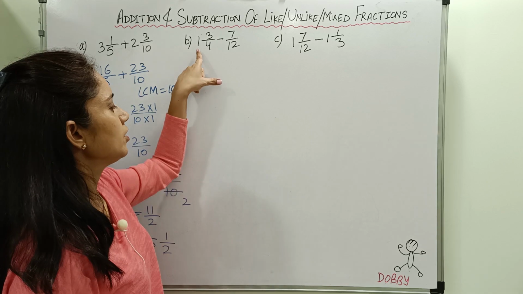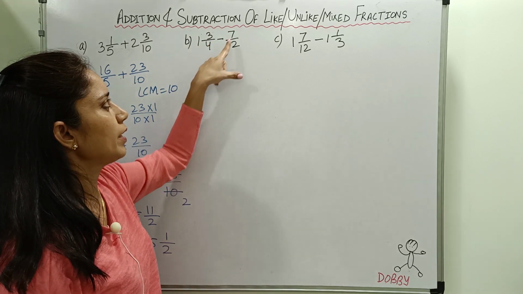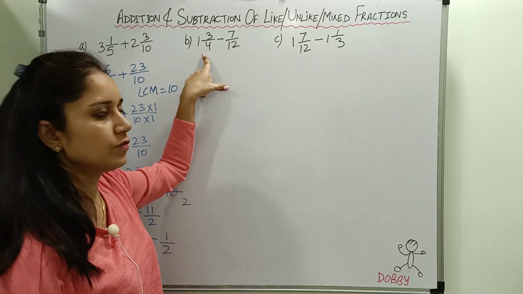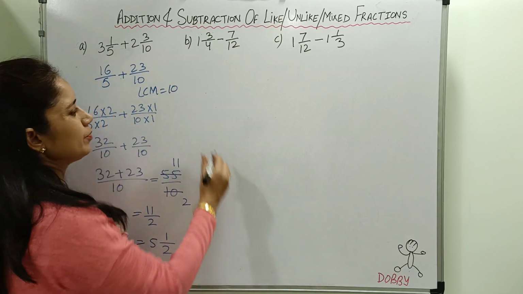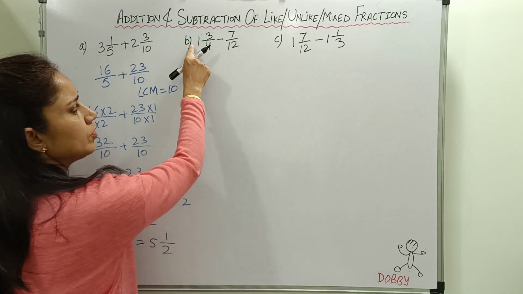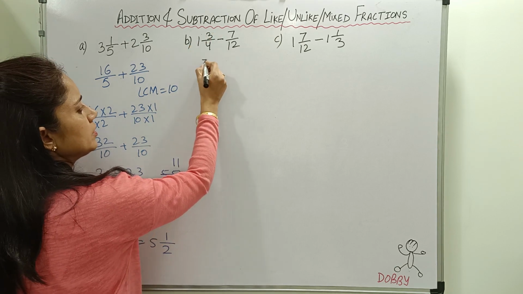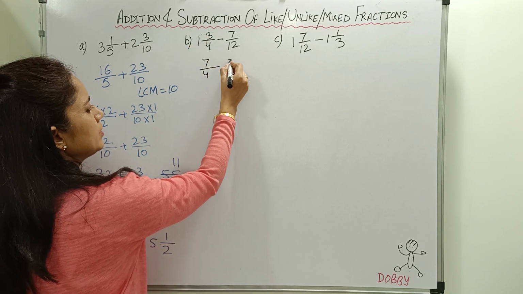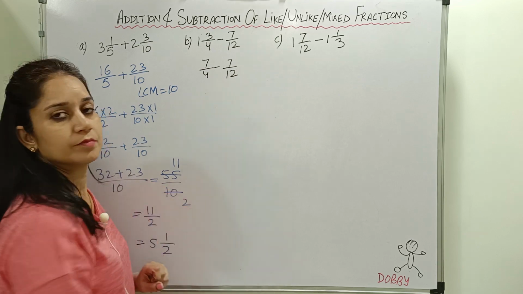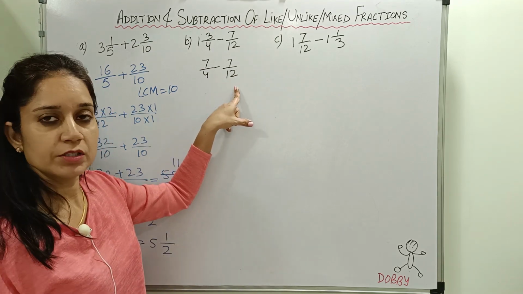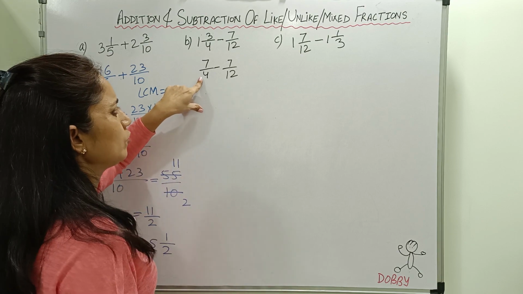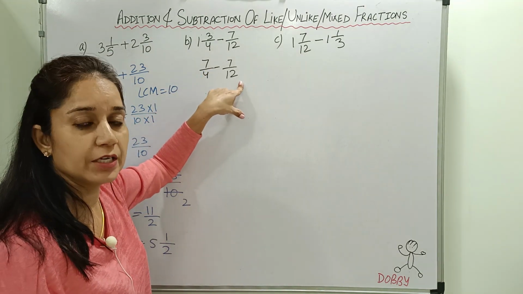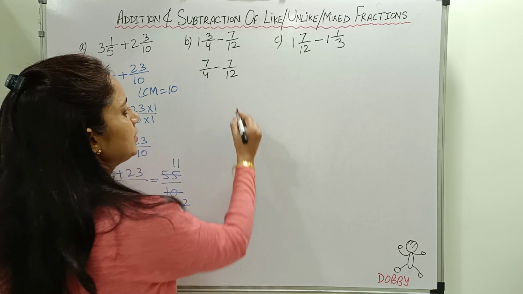Going to the next, 1 whole 3 upon 4 minus 7 upon 12. First fraction is mixed, second is proper. So first convert mixed into improper. 4 1s are 4 plus 3, 7 upon 4 minus 7 upon 12. Denominators are not same, unlike fractions. So let us turn into like. LCM. 4 can be turned as 12. Yes, 4 3s are 12. That means LCM is